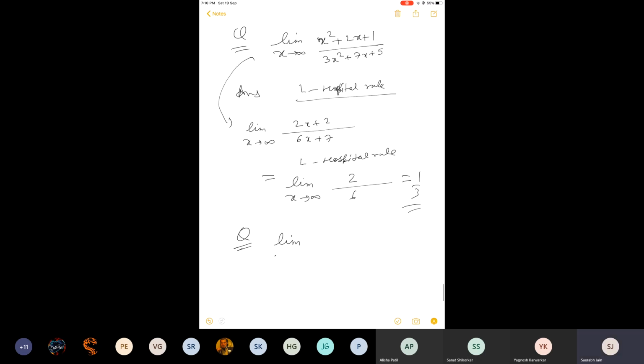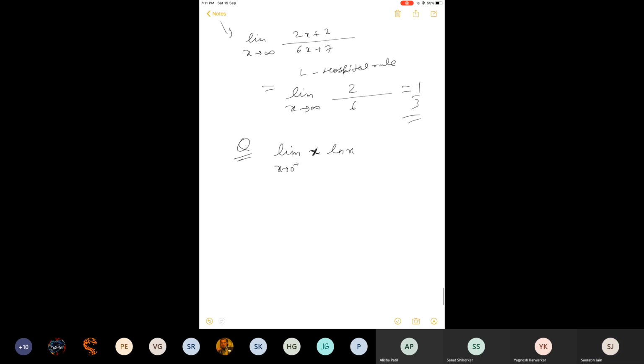Let me see if anyone can solve this particular question with this method. You don't know anything else, so you have no option but to use this method only. The question is, we are supposed to find only RHL in this question. The question is x ln x, limit x tends to 0 plus. I want to ask one thing, why are they asking x tends to 0 plus, why not x tends to 0? What could be the reason? So negative log is not possible. Yes, correct. Good. Log of negative numbers is not defined, so we are strictly talking about the domain.